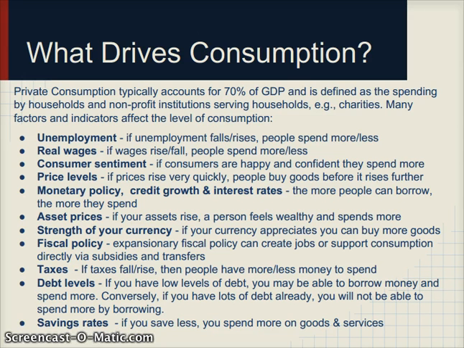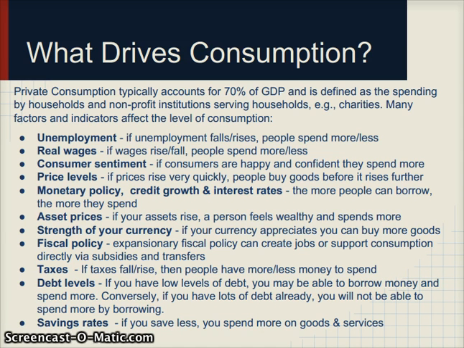So price levels are typically important when you're thinking about consumption, especially if you're investing in them. And I'll connect that to asset prices now. So if you think the value of a good is rising, then you might want to buy more of them because you're actually making an investment.